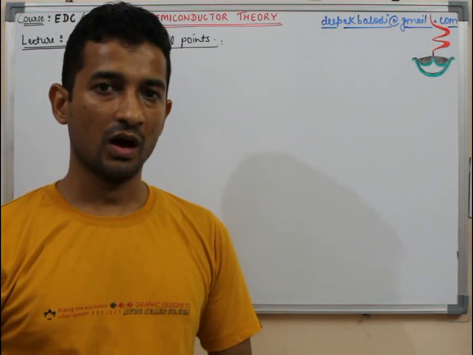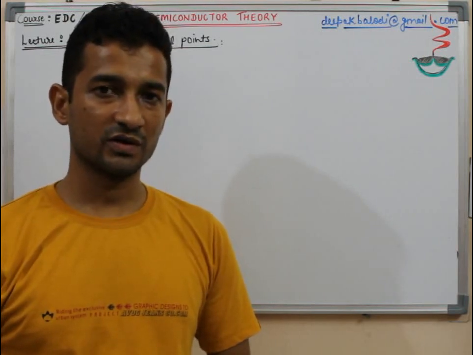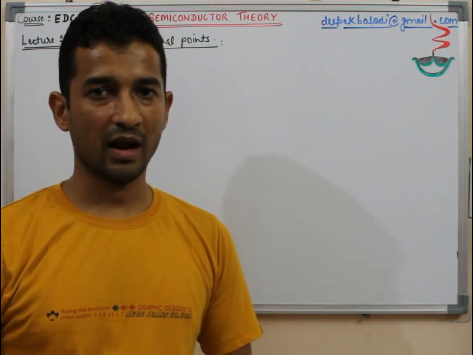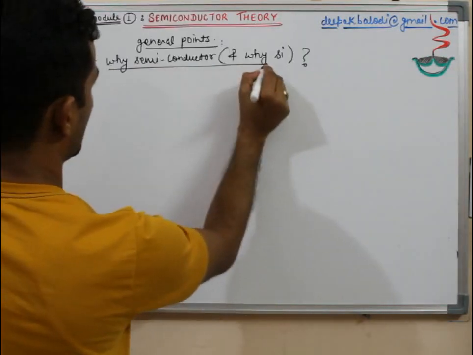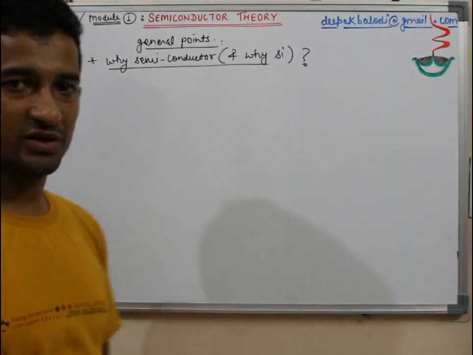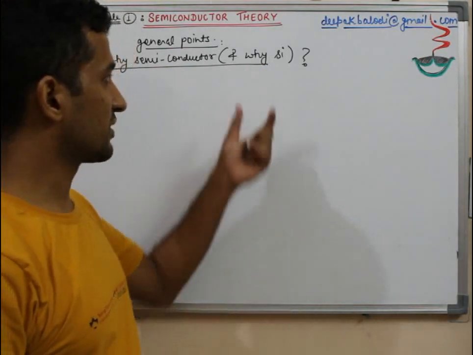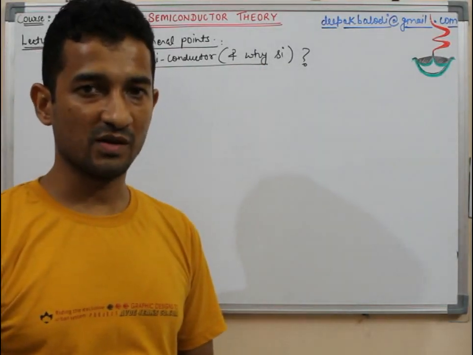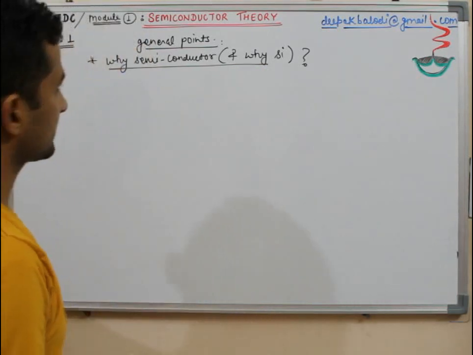So, okay, having learned the correlation between atomic structure and the energy band diagram, now we are ready to appreciate the most genuine question which we should start from, and that is why semiconductor and why silicon. So why semiconductor is a bigger question, and it also considers one small comparison of silicon with other possible semiconductors. So first of all, why semiconductor?